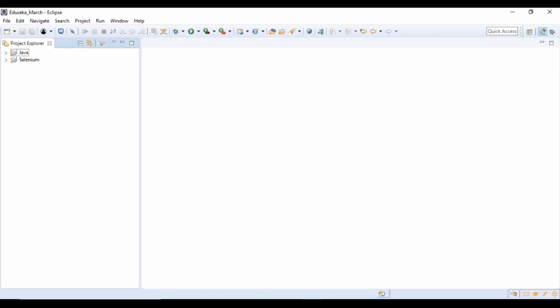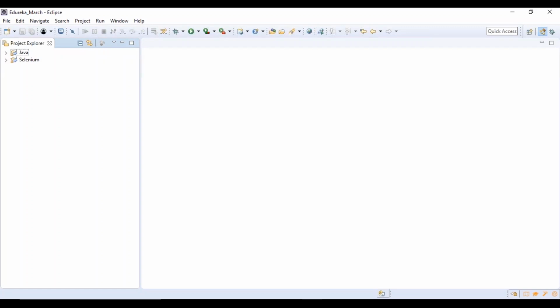All right. So now how do we work with data driven, and what do you mean by data driven? Data driven is nothing but driving the data from an external source file, right? For example, when you are going to log into an application and you write a simple method, say login, what we usually do is hard code the values, whatever the username is and whatever the password is, and we log into the application.